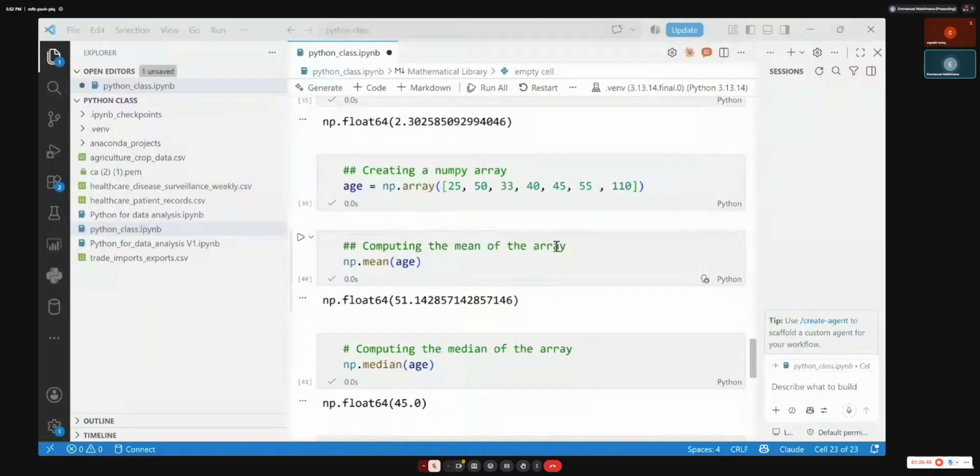If I need the variance, I take this value minus the mean, square the difference, plus the next value minus the mean, square the difference, and so on, over 7.